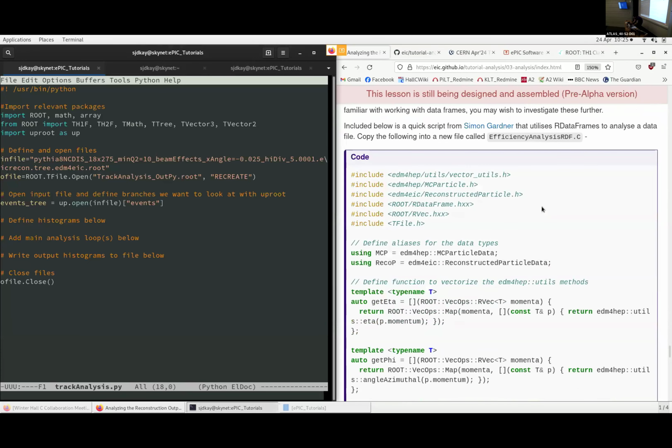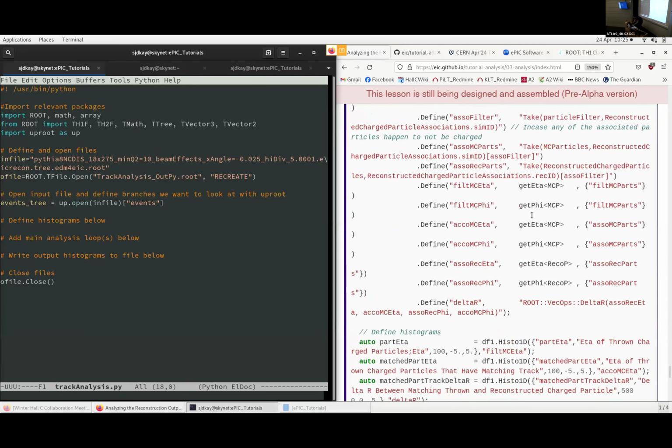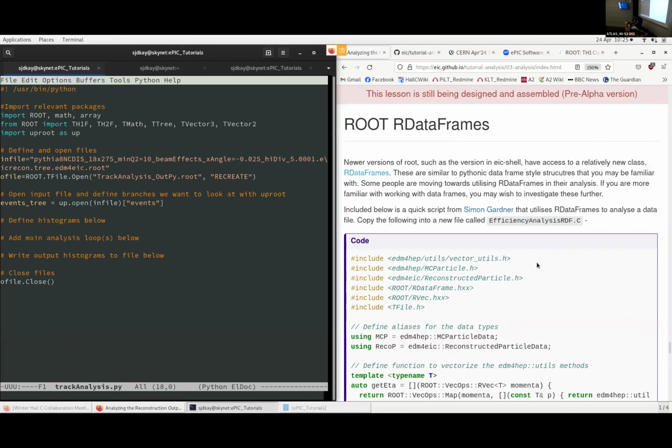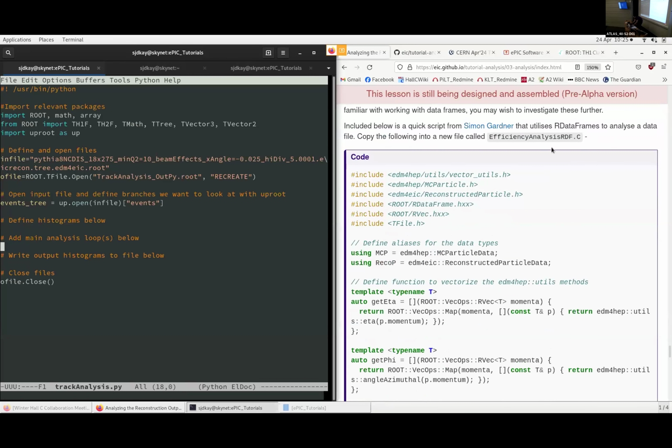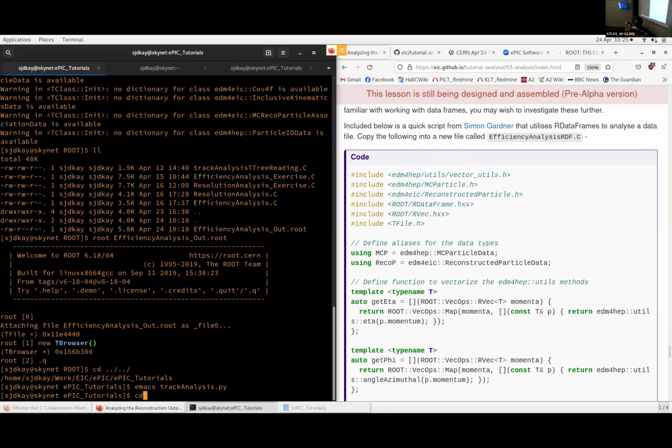So finally, there is also a very similar one. I'm only going to show basically this block, which is the skeleton you need if you want to use an RDataFrame for that instead. So Simon kindly wrote this code, which we can use and run. A few caveats to running that are included in the tutorial there as well. So just to quickly demonstrate,